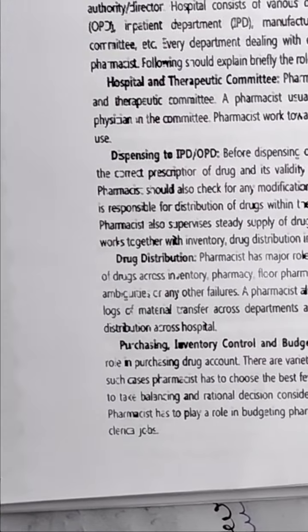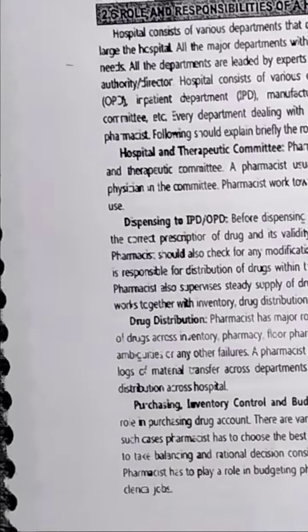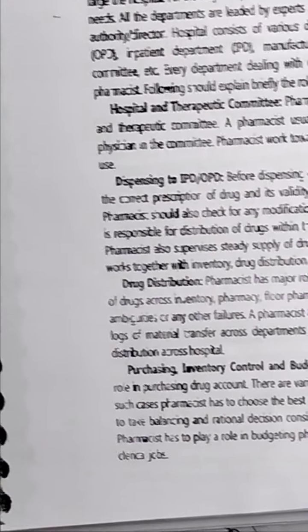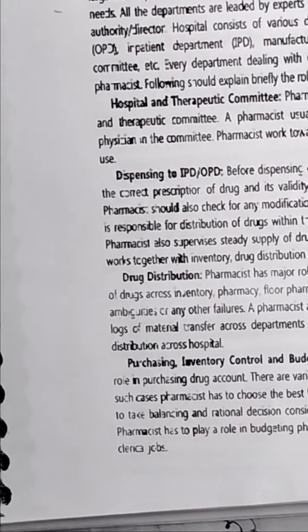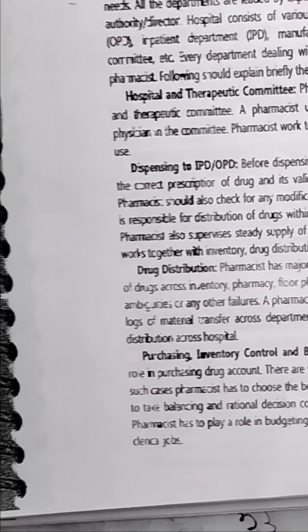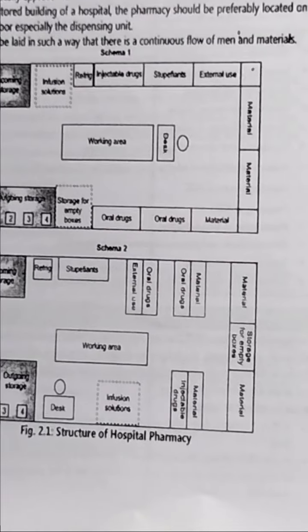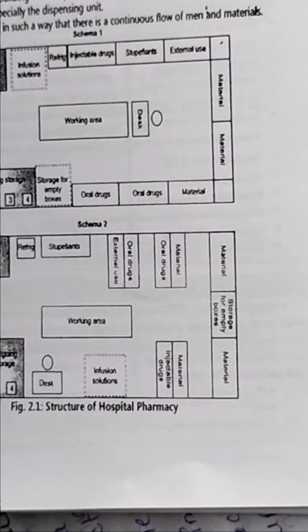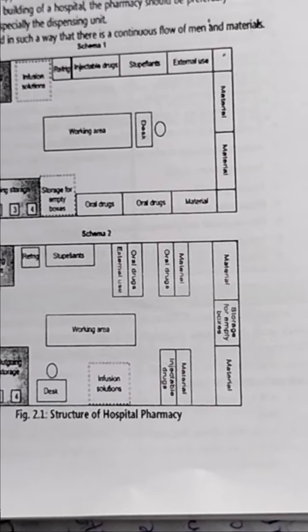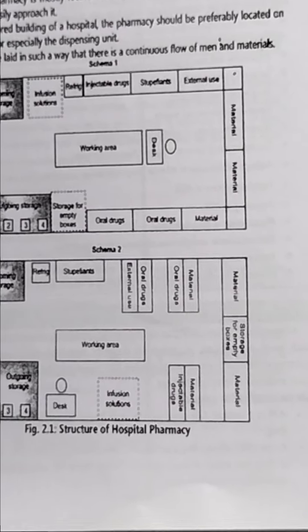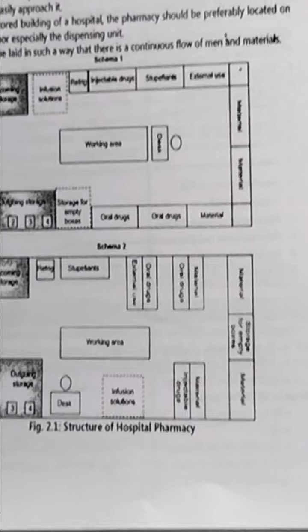Purchasing and inventory control and budget. Hospital pharmacy plays an important role in purchasing drugs. There are varieties of products with similar characteristics. In such cases, the pharmacist has to choose the best few from the variety of products. The pharmacist has to take balanced and rational decisions which consider economy, health, and service. The pharmacist has to play a role in budgeting the pharmacy, and the role also includes paperwork and